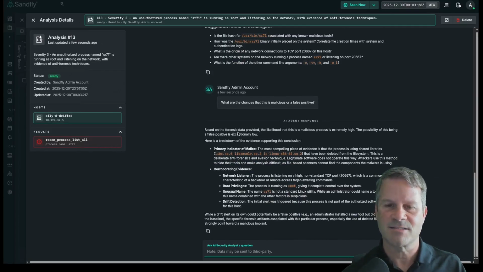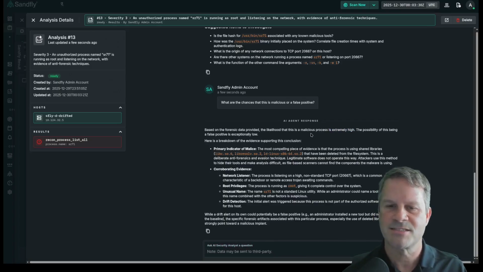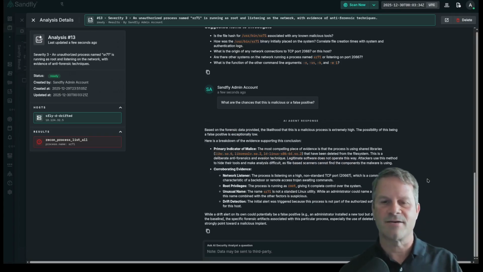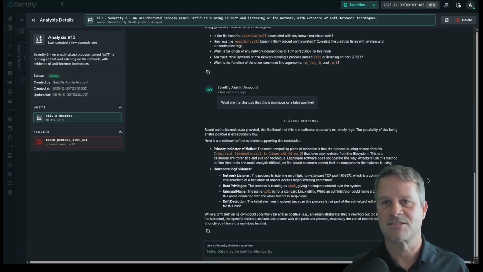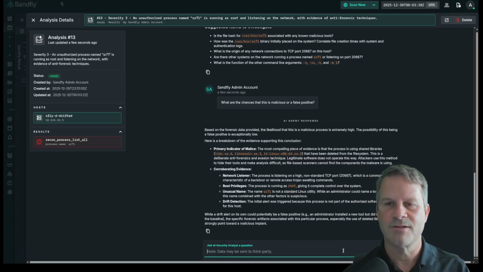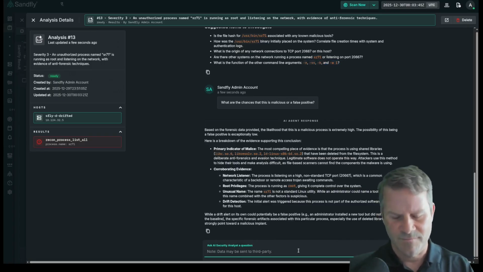So it says down here, based on the forensic data, the likelihood this is a malicious process is extremely high. The possibility of this being a false positive is exceptionally low. And again, it's going to break down why it thinks it's malicious. Now here, we knew that this has weird command line arguments that we see up here. So again, I can ask follow-up information such as